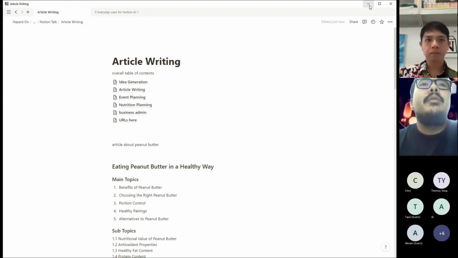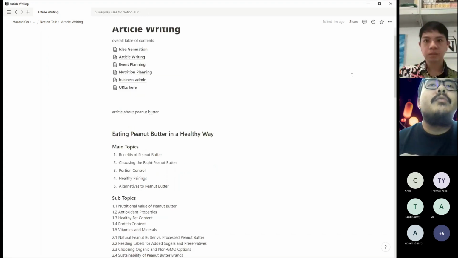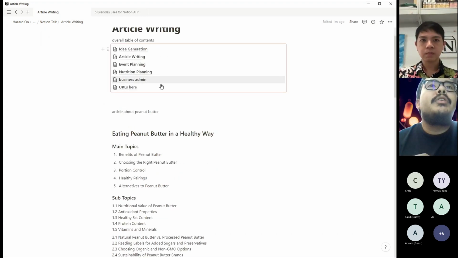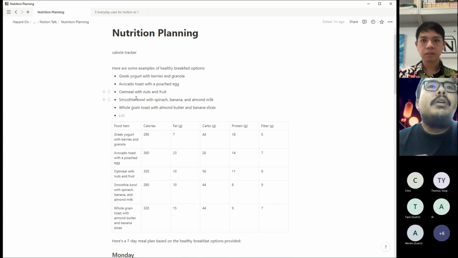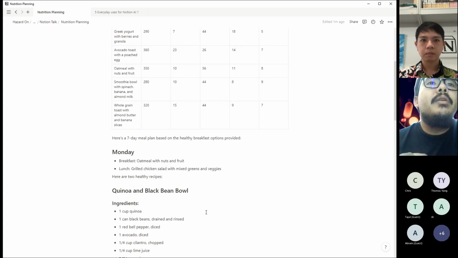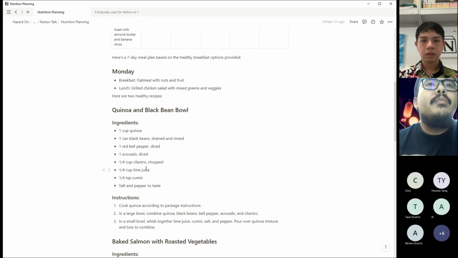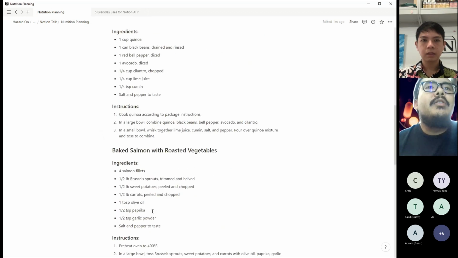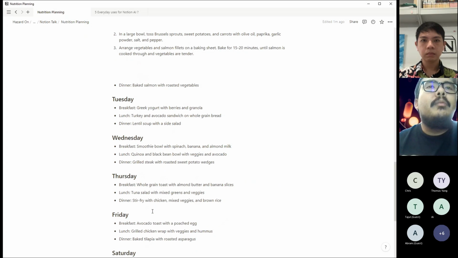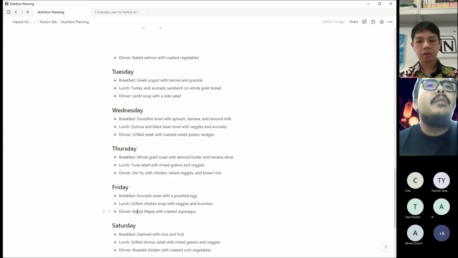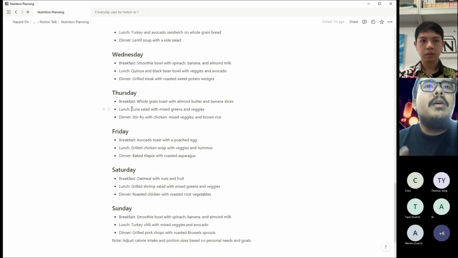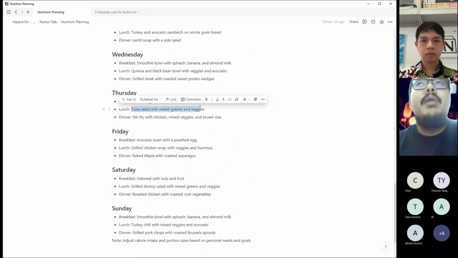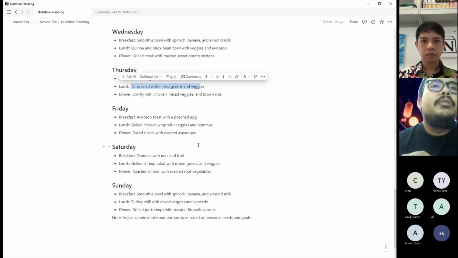For me, it's the expansion of a topic. So you don't have to go to one place where, say, you're doing the nutrition planning. You don't have to go to MyFitness to get this. You just ask it and it'll come. You don't have to go to another website, recipe.com, and find a recipe. You don't have to go to your Excel sheet to make a plan. You can make the plan in here. And if you wanted to extrapolate these recipes, you don't have to go back to recipe.com. It's all in one ecosystem where you can extract data and put it neatly in one place.